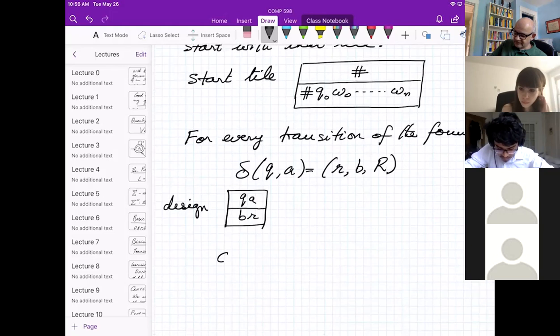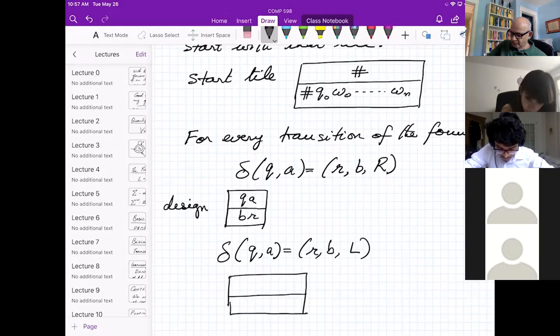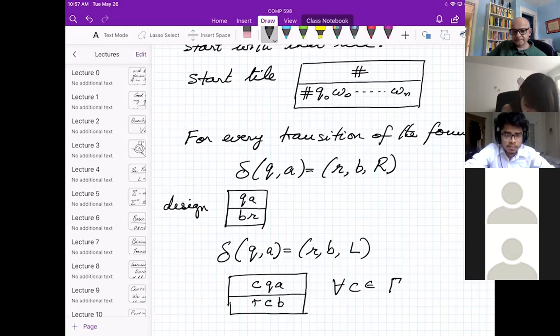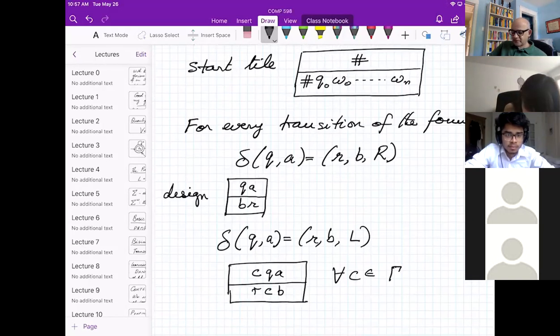If you have a transition like this, QA goes to RBL, then you make tiles like this. On top, you put CQA for every C in the alphabet. And on the bottom, you put RCB. Okay, so you see that the A got rewritten to a B, and the thing moved one step to the left.